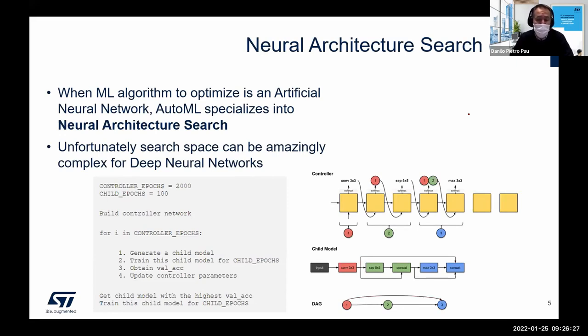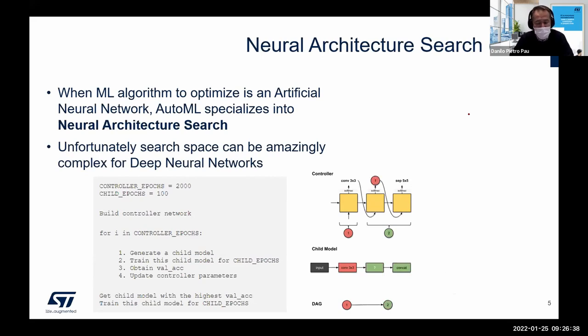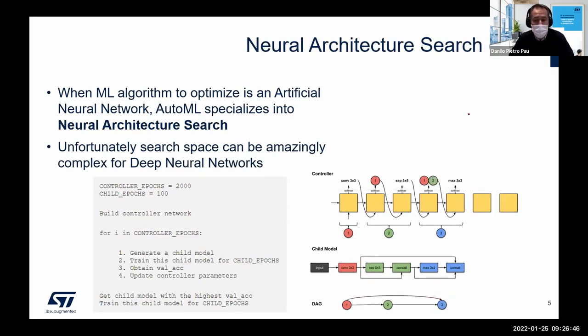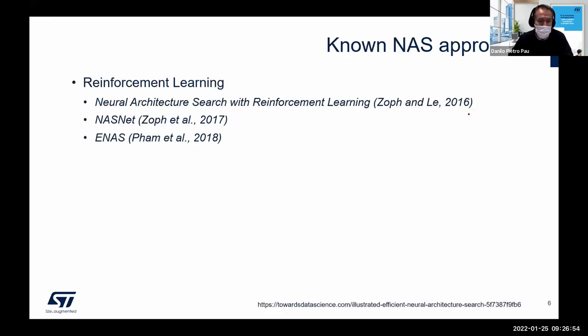Controlled in the sense that we need to instantiate key layers, convolutions, various kinds of convolutions, non-linearity, dense layers, batch normalization, and so on, in a pipeline with a certain topology, making choices in terms of hyperparameters: kernel size, stride, pooling rate, and so on. Therefore you can understand very easily how complex this is. And there are various methods in the state of the art to approach the optimizer for a given NAS approach.